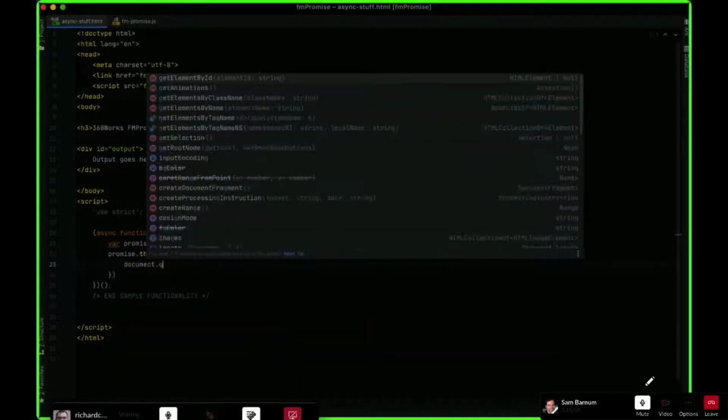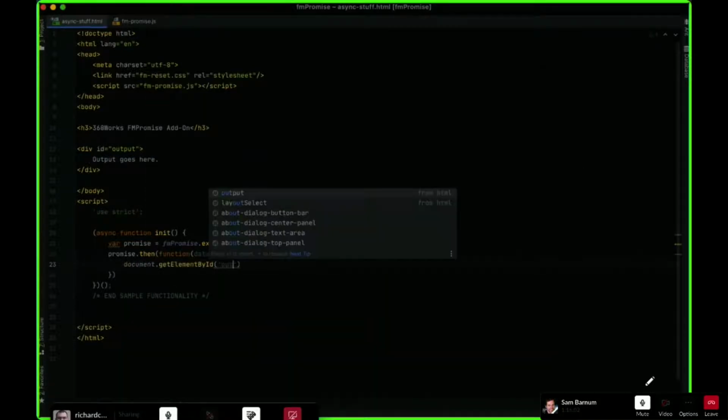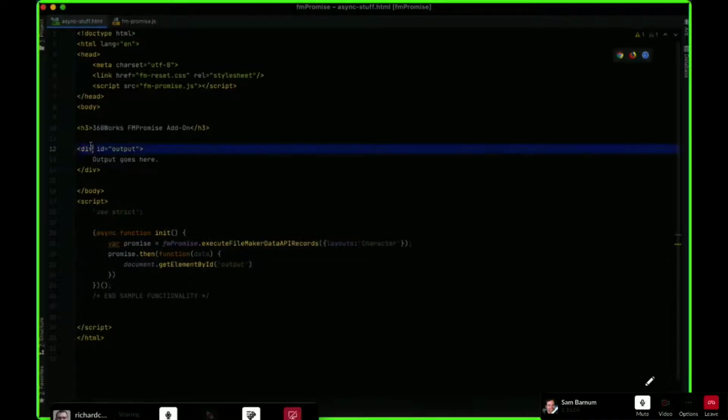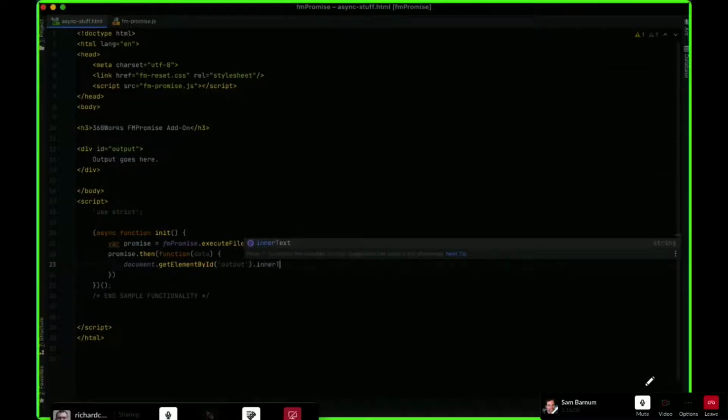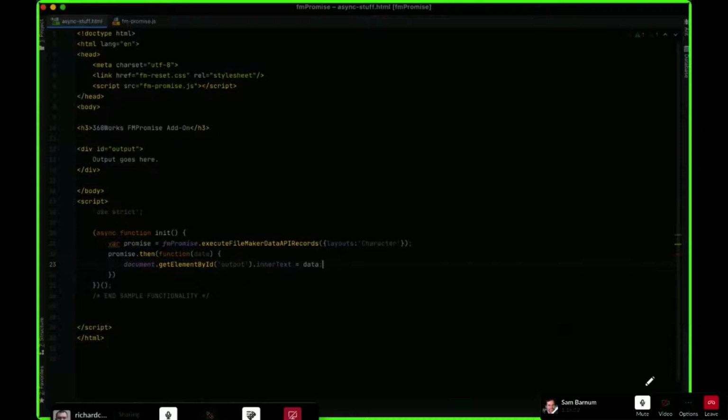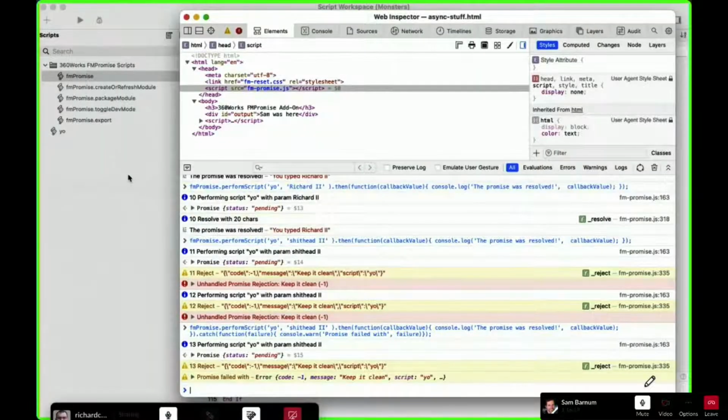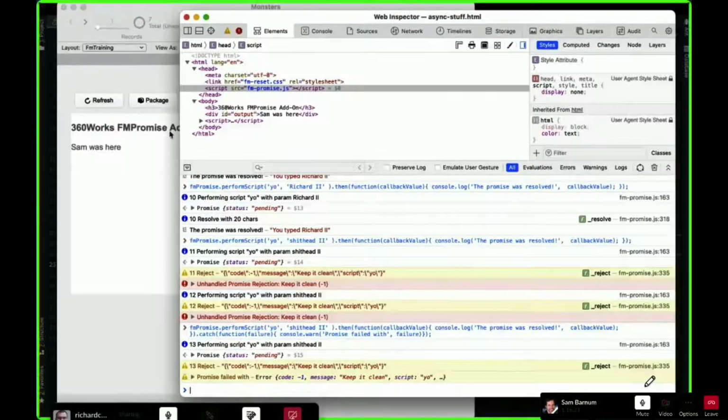We get the document. I'm going to get a reference to this div here, and I'm just going to put the data in there. This is not going to be very interesting because data is a JSON object, so I think it's just going to say object. Close our script viewer.